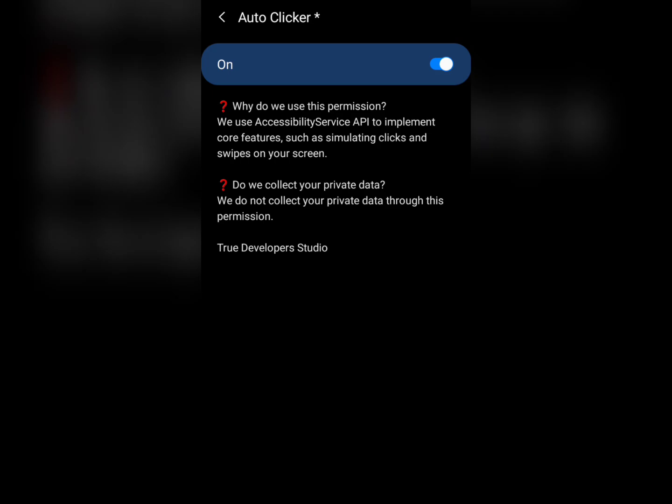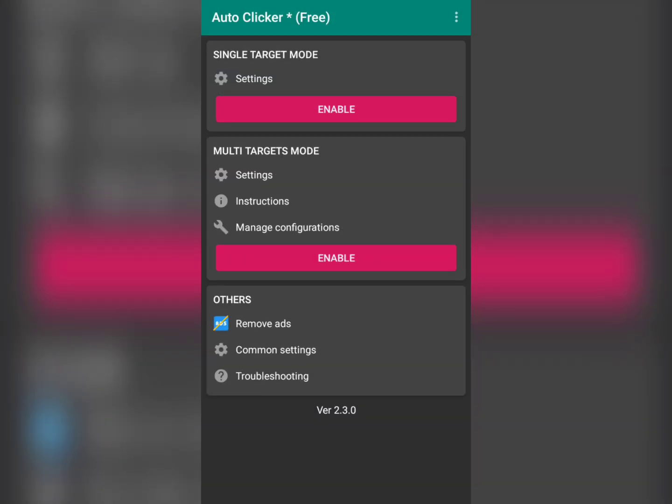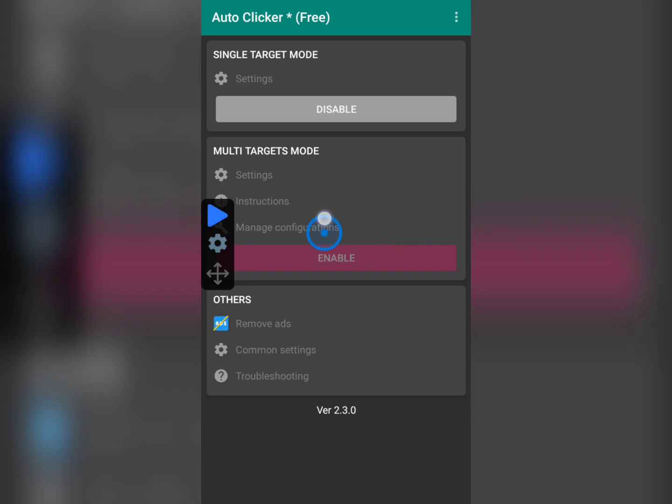the application features. So go back. Once you've gone back to the clicker option or home screen here, you'll be able to enable the single clicker mode. If you want multiple clicker icons, you can enable the multi-target options. So either one that works for you. I'm going to use the single target mode. So you just tap on enable here, and you'll be given this here, as you can see, to be able